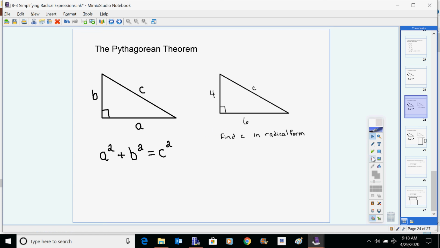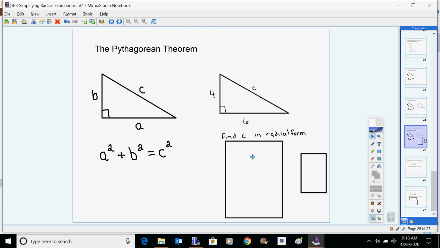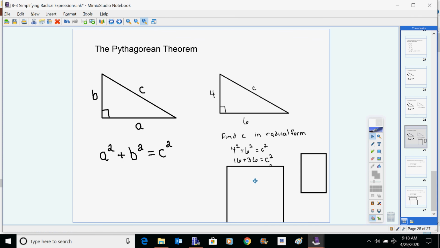If we want the answer in radical form, that means that we're going to simplify the radical. We're not necessarily going to get our decimal form. So 4 squared plus 6 squared equals c squared. As we evaluate that, we have c squared equals 52. But when we take the square root of 52, it does not come out even. Depending on the context, if it's a very practical problem, you'll want a decimal. But if it says in the directions, give the answer in radical form, which you might encounter in your math,